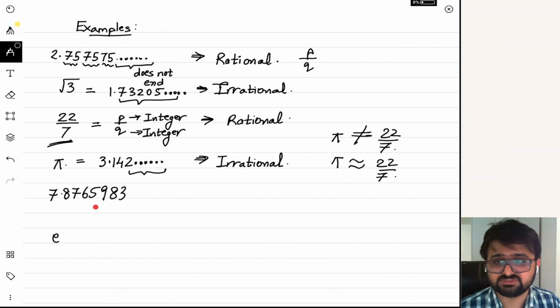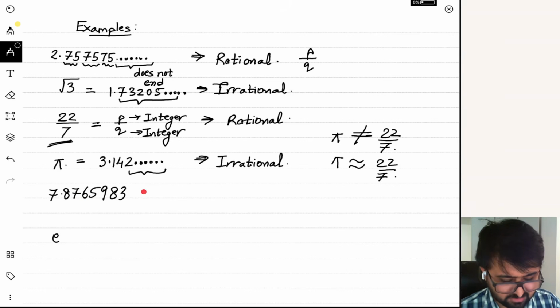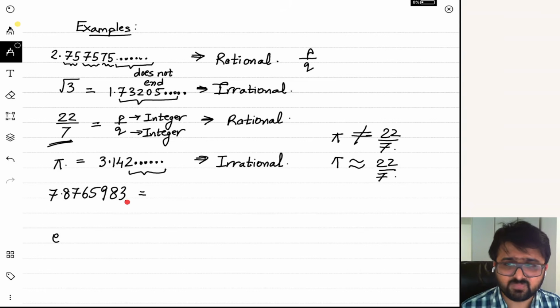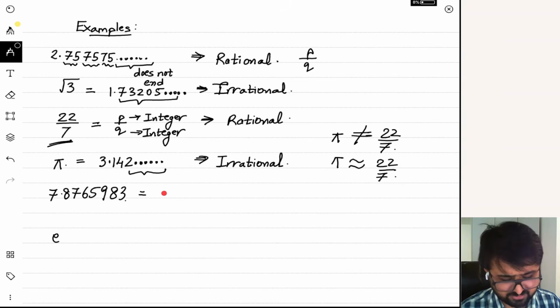Now let's look at this number, 7.8765983. Since there is no dot dot dot, this is a terminating decimal. There is no non-terminating end. Okay. So since it terminates, it's a rational number. And if it's a rational number, it can be written in the form of P over Q. So this becomes a rational number